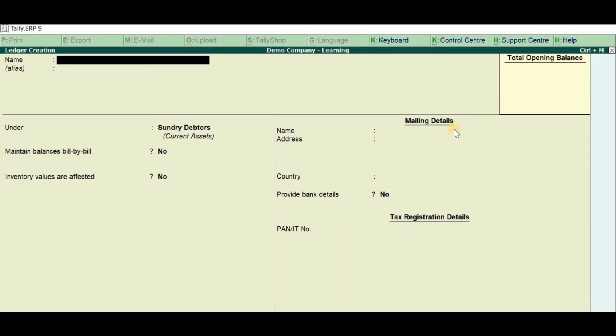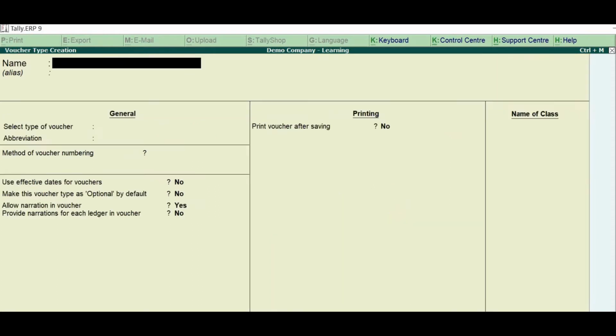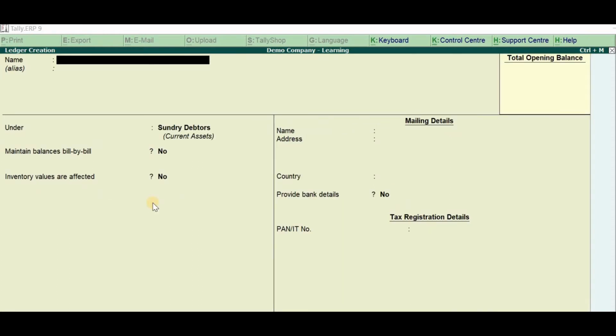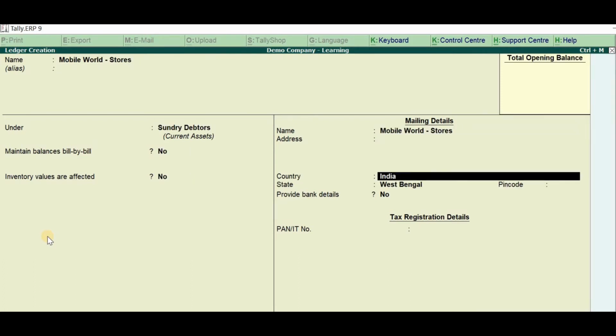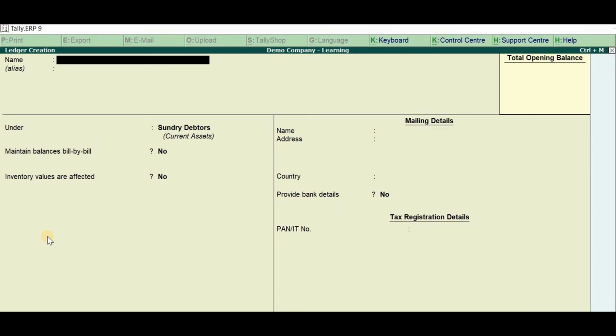Okay, then we will create another party, and let the name of the party be Mobi Stores. Okay, so we'll come here, we will type MOBI. He is also a debtor. Enter, enter, enter, enter, and it is saved. Okay, let's create another party. Say it will be Mobile World Stores. Press enter, enter, enter, and save it. So what we have done now, we have created three ledgers or names of three parties who buy from us regularly. Okay.